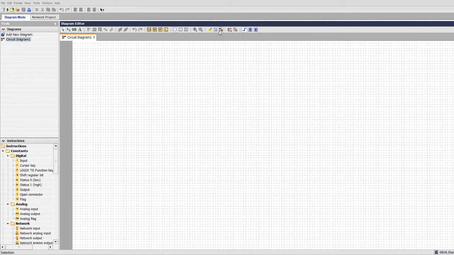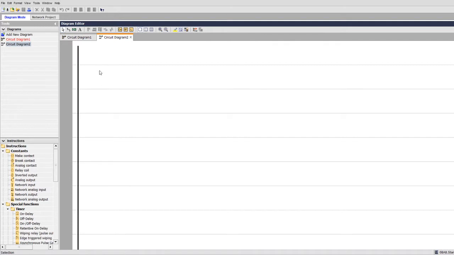For this purpose I am taking the ladder logic. This is the ladder logic. On this ladder logic we have to place the contacts and outputs. I already explained how to operate the LOGO software for our simulation process. For complemented state we have to take the normally closed contacts. For normal state of inputs we have to take the normally open contacts, that means make contact for normally open and break contact for normally closed.